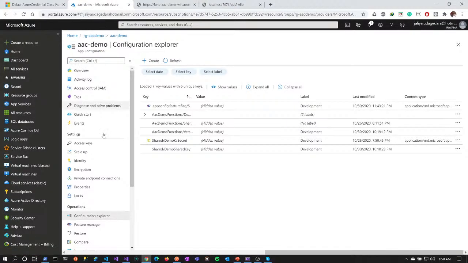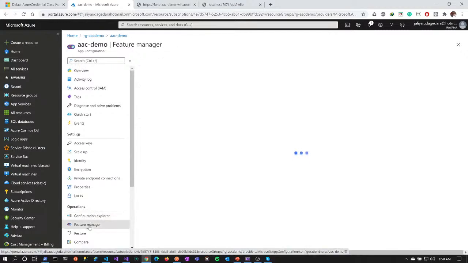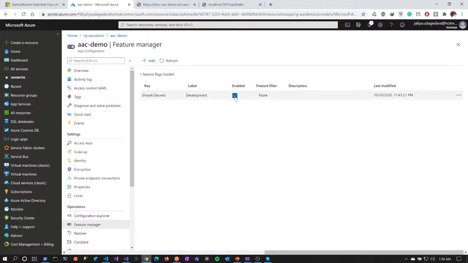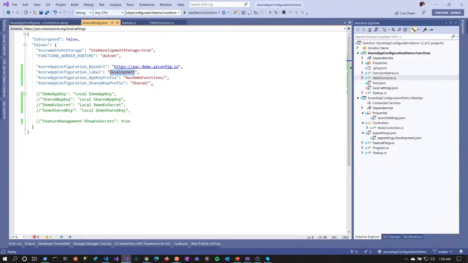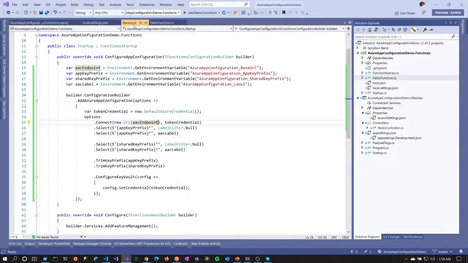Where is that one in Azure? So in AAC, there's this nice feature which is Feature Manager. I'm surprised. It's enabled, but still it wasn't picked up. Okay, that's because we haven't configured the feature flags. So I'm going to my setup and I'm going to configure the features,